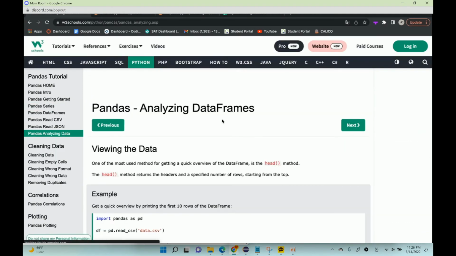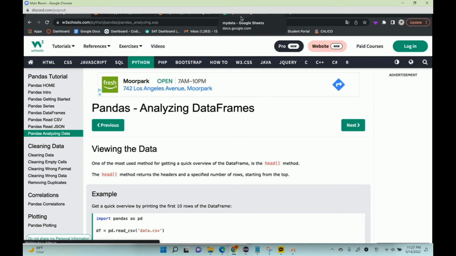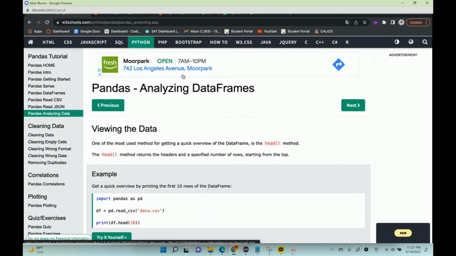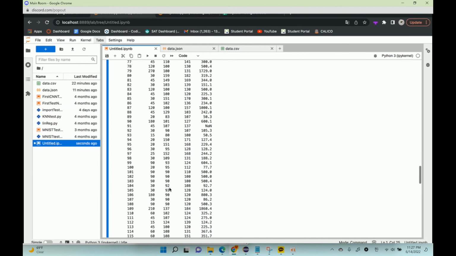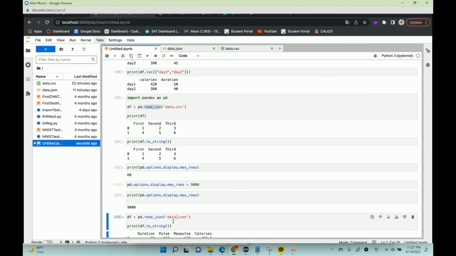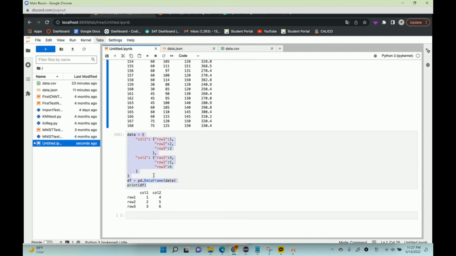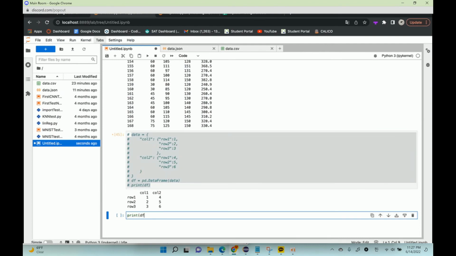So now we're going to talk about how we analyze data frames. This is the most important part. What we just learned before is how to set up the data, just how to get it working in Pandas, and now we have to actually analyze it. This is what I was trying to do earlier if you saw, but the head function, basically, let's say we're using this big one again, right? Let's call it df. All right, so if I do print df,